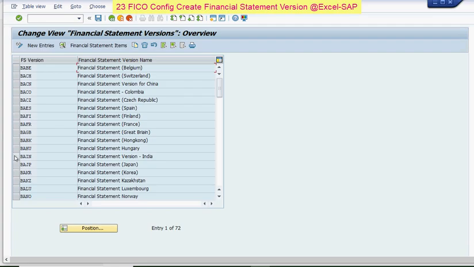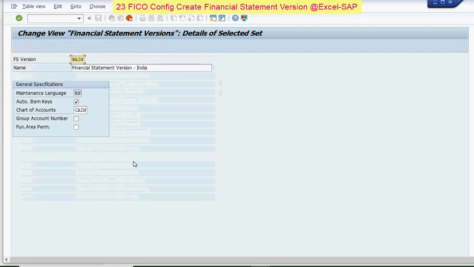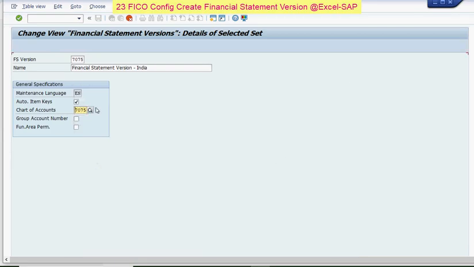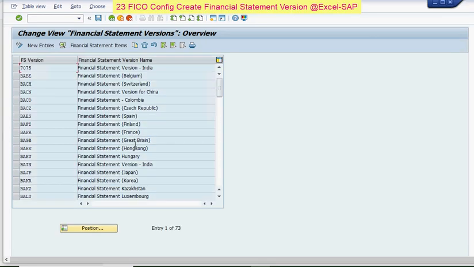I will select India here and click on copy as. I'll change the reference here. I'll make it 7075 as per my company code. I'll also change the chart of accounts here, 7075, then click on copy here. Now you can see your financial statement version is created,